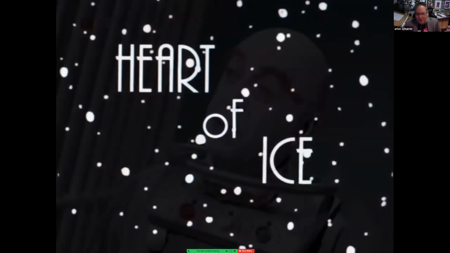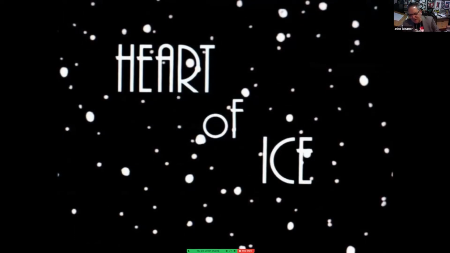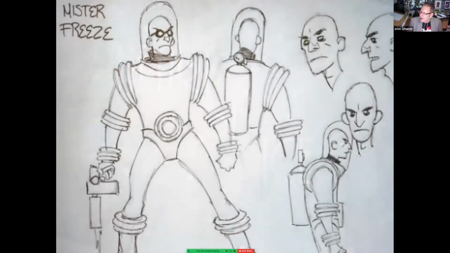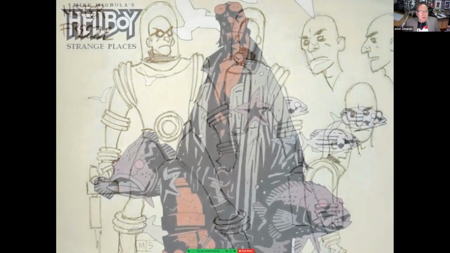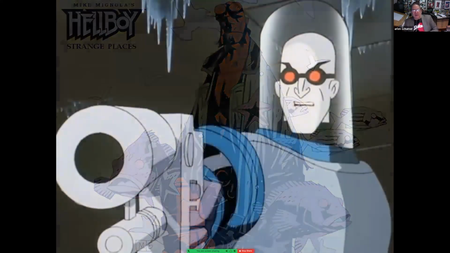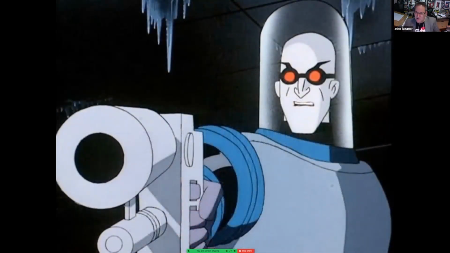Freeze that we would get in the first season of the animated series in the episode Heart of Ice, written by Paul Dini, I believe. But Mr. Freeze is designed by one of the great comic book artists of our time, Mike Mignola. You might know him from his signature character, Hellboy. Yeah, they made a few movies about him. But it's his design that gives the Batman animated series version of Mr. Freeze